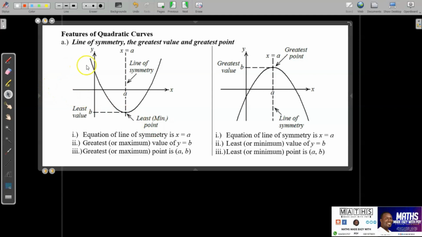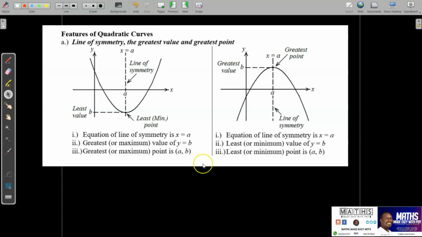Now, another name that you can actually be seeing includes greatest value or the least value, and so on and so forth. Now, greatest value is the highest value, and then the least value is the smallest. So bear in mind, they can ask you questions on that. Okay, so if there is no question,